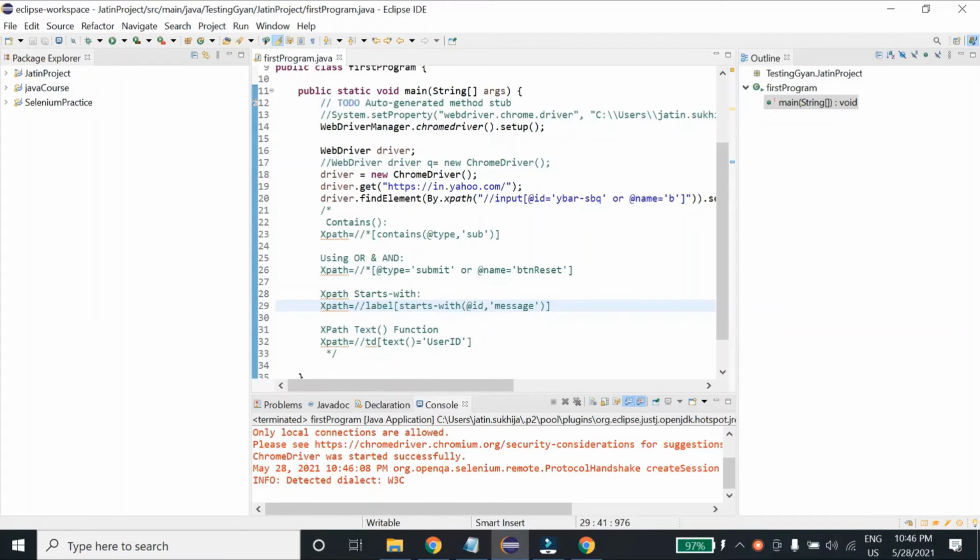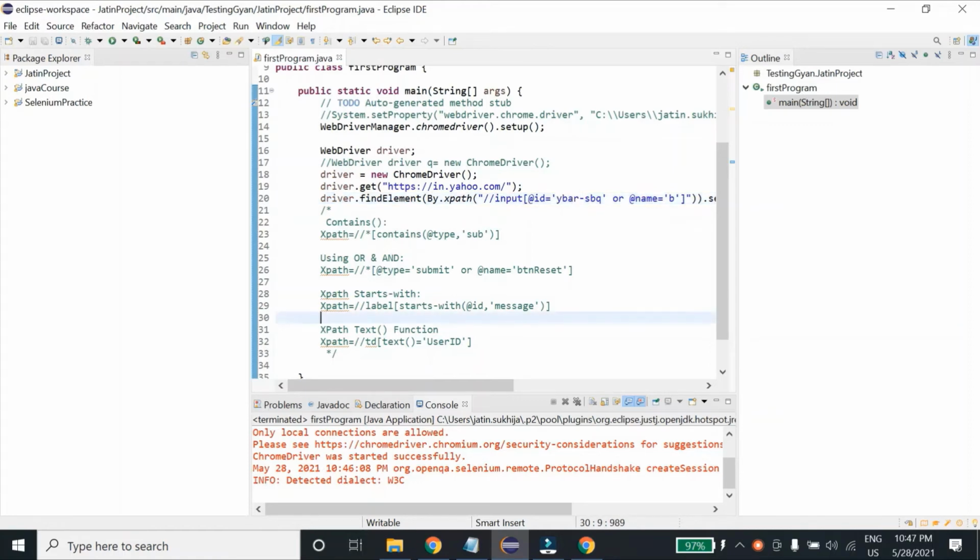So in this case, if I use starts with, I can only use YBAR and I cannot use SBQ, or BAR hyphen or SB and other things. I can only use it starting from Y till whatever place I want. But it should start from Y, then only it will find the correct element.